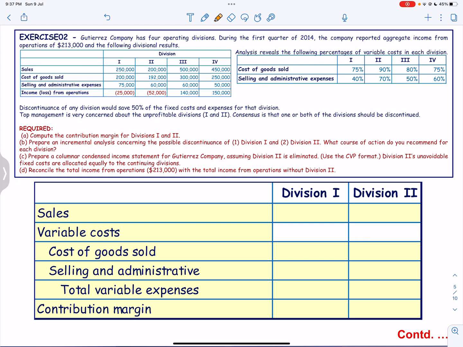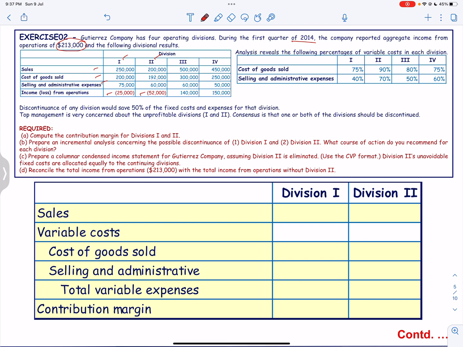Now, Gutierrez Company has 4 operating divisions. During the first quarter of 2014, the company reported aggregate income from operations of 213,000, and the following divisional results are given to us. We have division 1, division 2, we have sales, cost of sales, and selling and administrative,